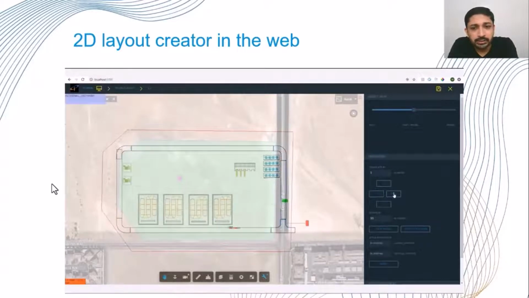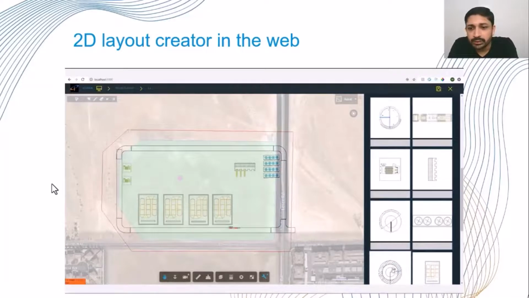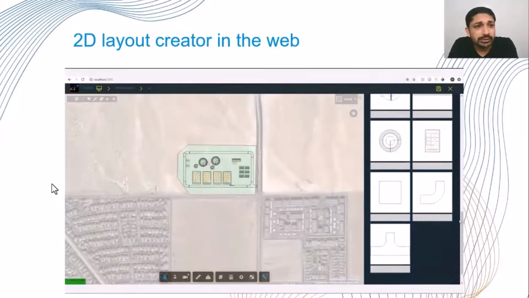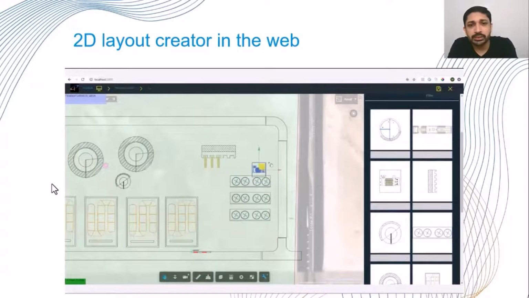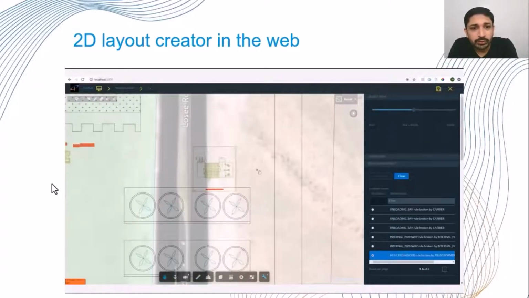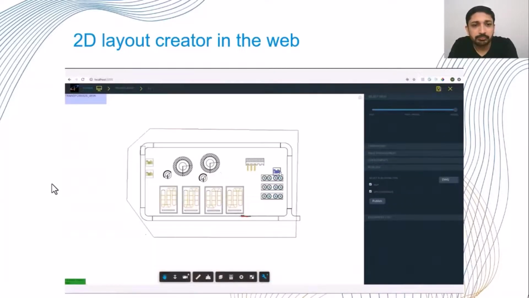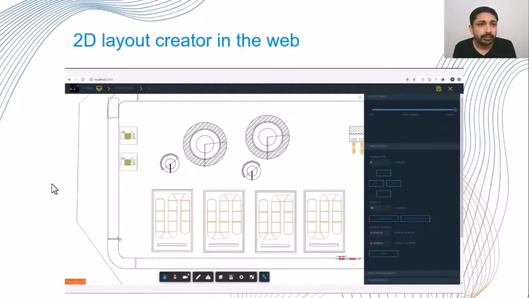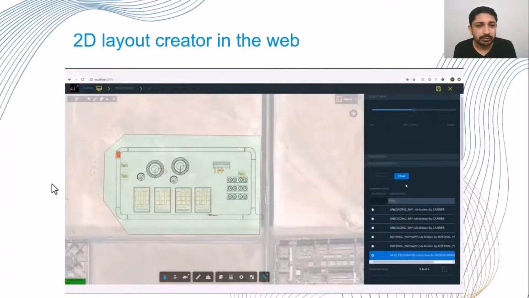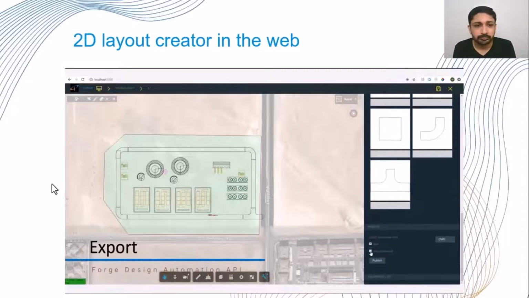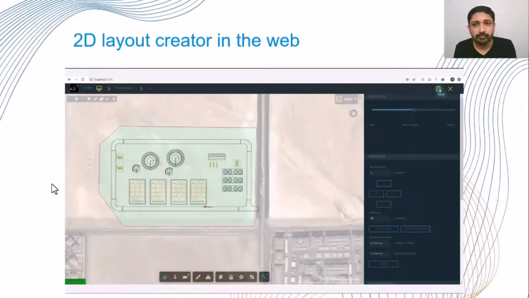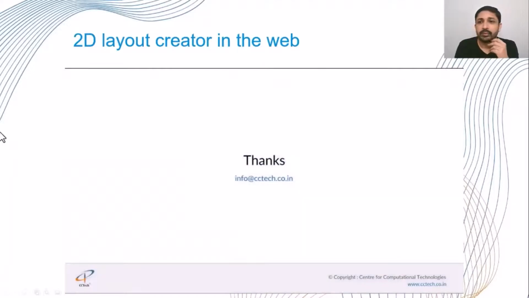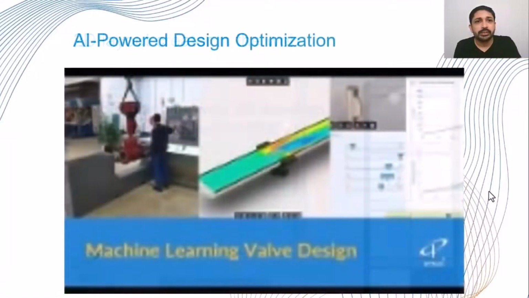So it's a very highly customizable 2D sketcher where you can create these kinds of layouts, and that too overlaid on the map to see the real visuals of that location and to identify and understand the size of the industry that is to be put into place. Right. So the next one is